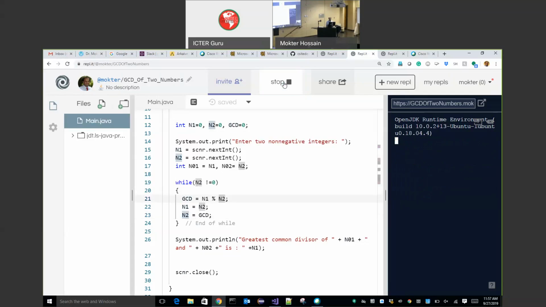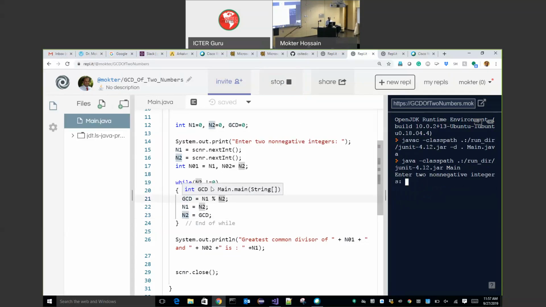So run this program. In order to understand this program, take a piece of paper and find out the value of each of these, how they change in every iteration. For instance, if I put 15 and then 10.